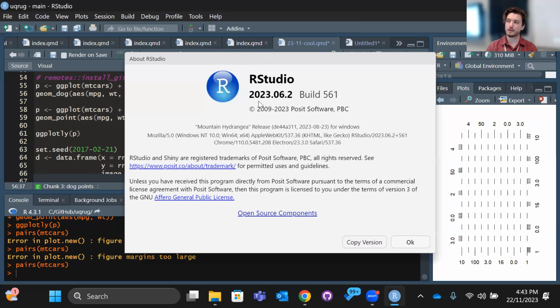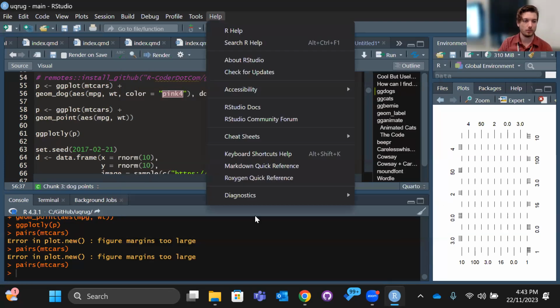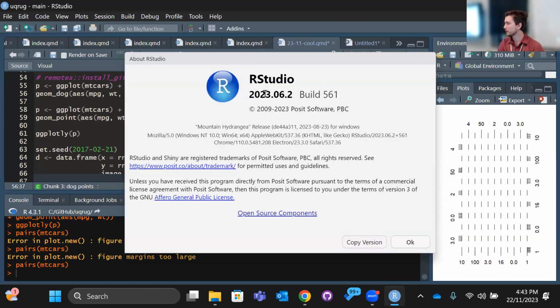So an advantage of updating RStudio. What version are you on? If you go to Help and then About RStudio, it'll tell you. 1.3.1093. Is there a build number associated with it?